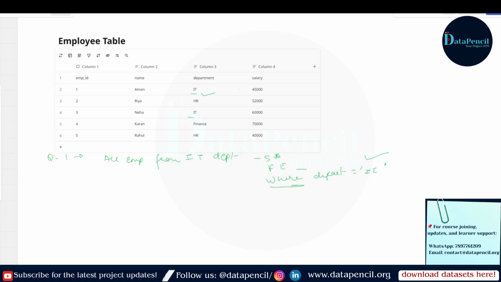Now, another question is saying show employees earning more than the average salary. We have to find the employees who are earning more than the average salary. So how can you find it? Firstly, you should know the average salary. How can you find it? You will simply write here select all from employee table